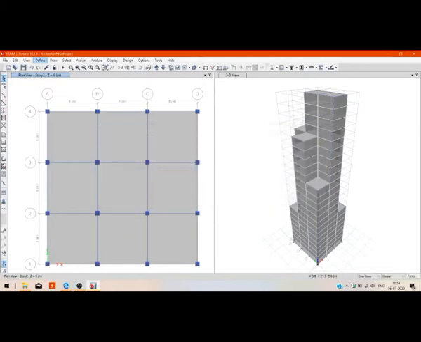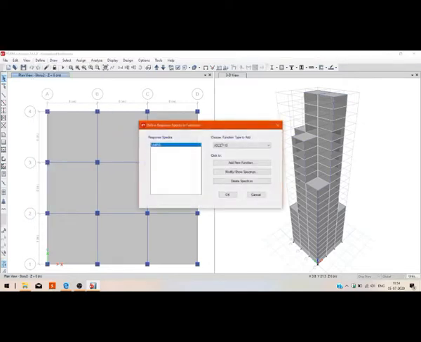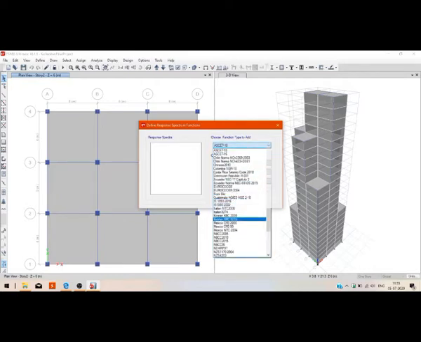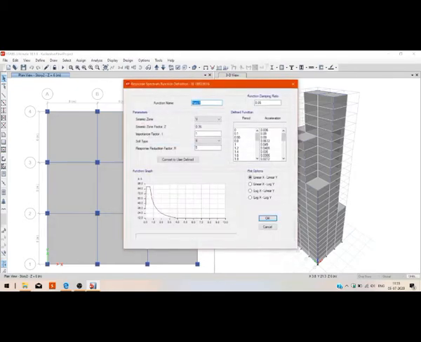For this, first we will unlock the design and check whether the seismic load has been applied or not, and the rest of the values we will take the same as previously. Now we will go to define, then function, then response spectrum. From this we will select